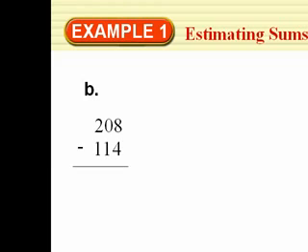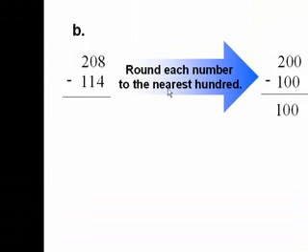swinging bridge, and you will notice that they round each number. These both have hundreds, so that's pretty easy. We round the 208 to 200. The 114 rounds down to 100, and 200 minus 100 is 100. And the way I round, I would do that exactly the same way. I wouldn't do it any different. It just happened to work out that both of those have a leading digit, so that one works out really